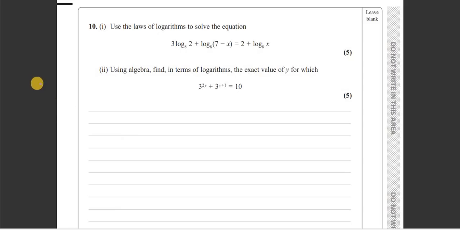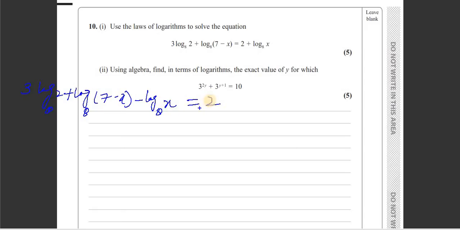So this can be written as 3 log base 10 of 2 plus log base 10 of (7 minus x), and this log x is on the other side, so minus log base 10 of x,